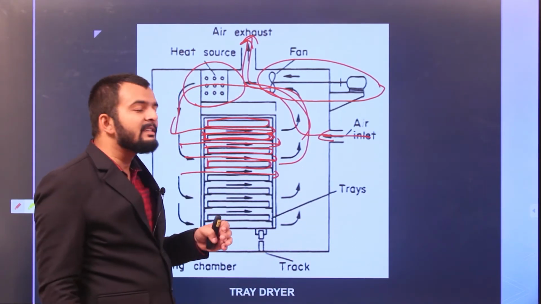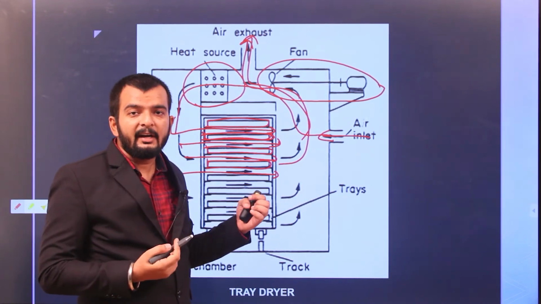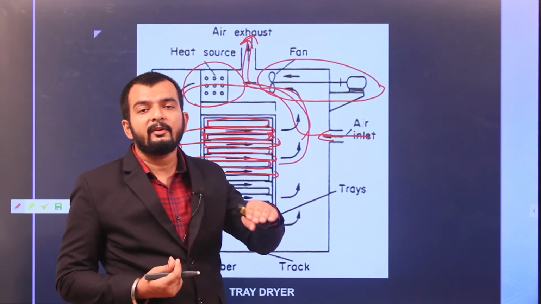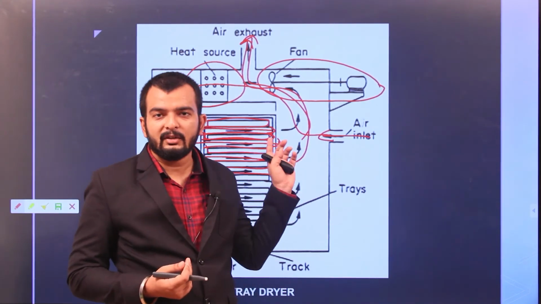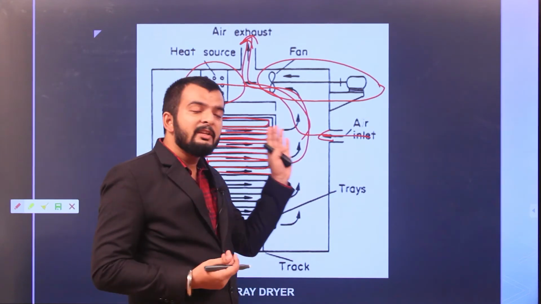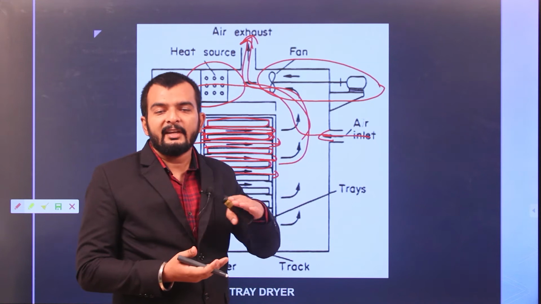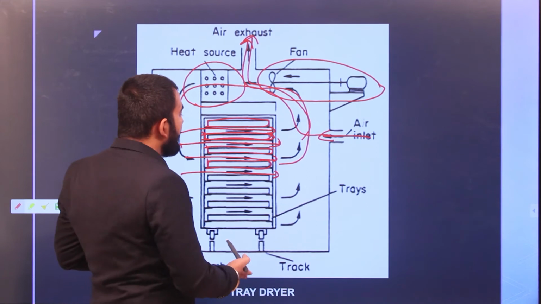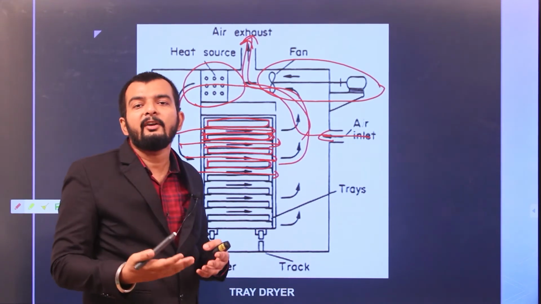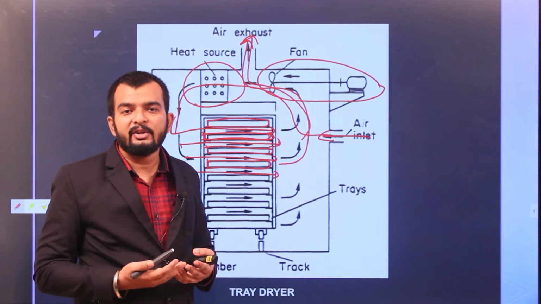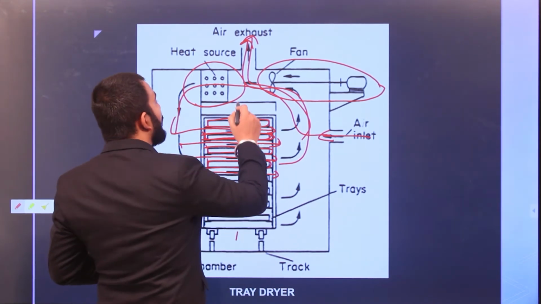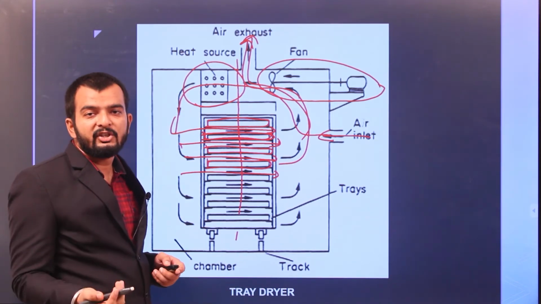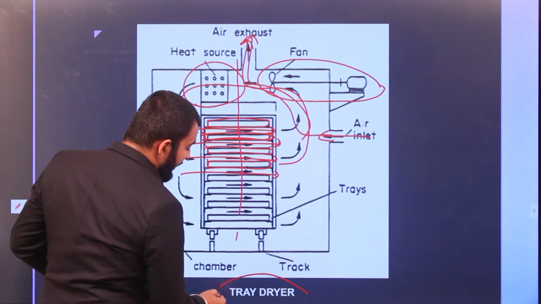Now our focus here is convection. So air is a fluid, right? When the air is heated and it passes over your surface, it doesn't come in contact with each particle in this case, right? So it is only absorbing through convective currents. As the air passes, it is hot, so it will rise. Now these trays, if they are perforated, the air will rise through the perforations also and will remove the moisture from the grains, and then it can be let out through the exhaust gases. Okay, so this is the case of convection dryers. An example here is the tray dryer.